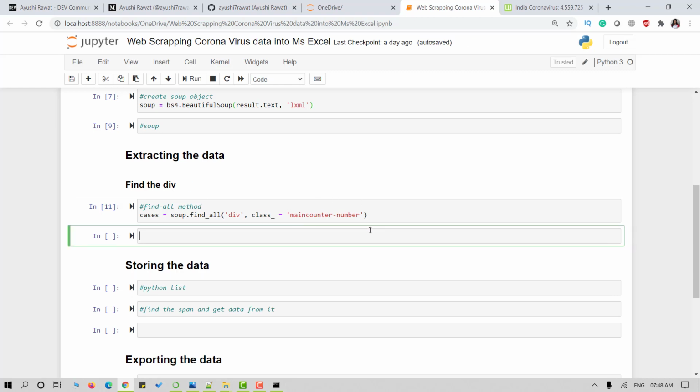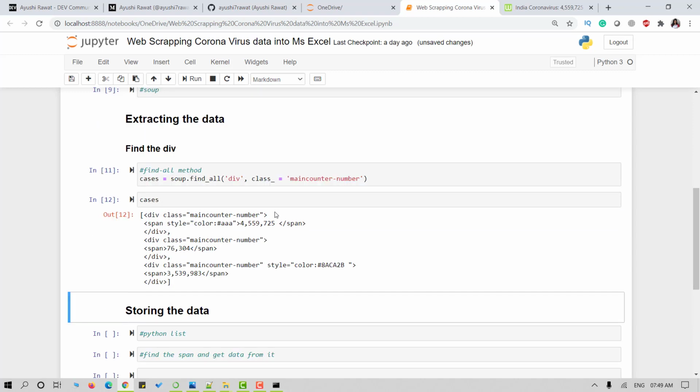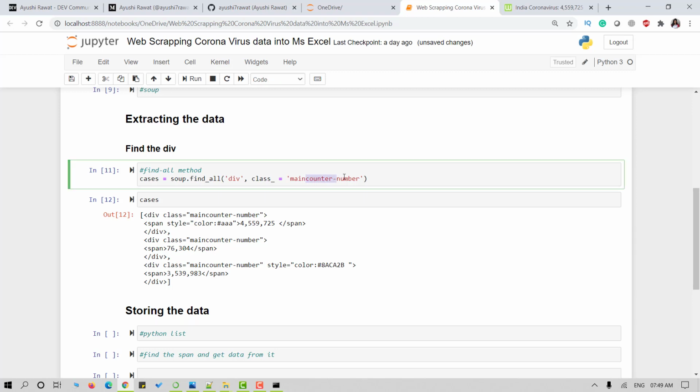I will use the find all method on soup to extract our class data. You see, there was a lot of HTML code that we did not want. Our desired data entry was wrapped in an HTML div element and inside the class main counter number. So we use this knowledge to scrape our data.